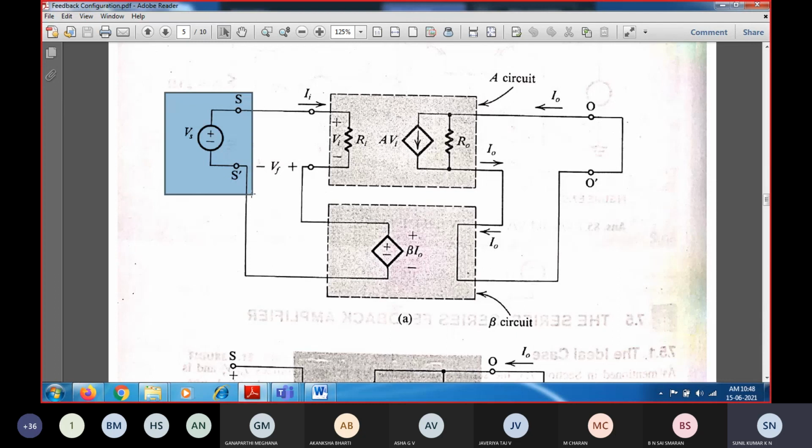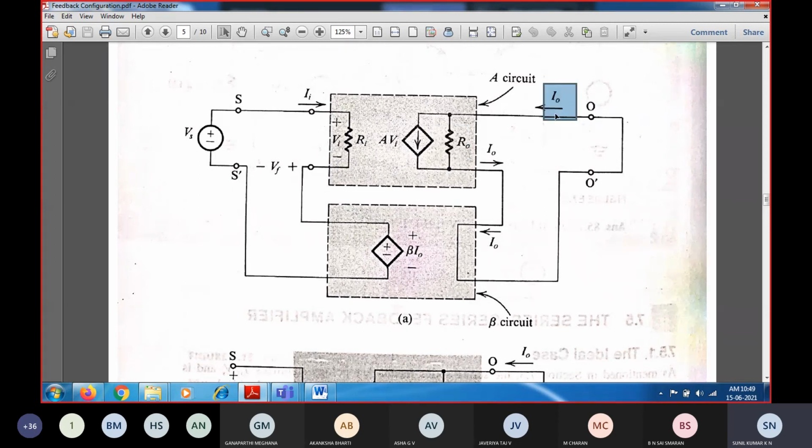At the input side it is a voltage signal, and it has an error voltage Vi, and a current Ii flowing across the main amplifier circuit. The feedback voltage mixing at the input side is Vf, so Vs minus Vf will be equal to Vi. That is amplified by the main amplifier, so you get A times Vi as the output. Since the output is current, R0 has a Norton equivalent circuit, so A into Vi is in parallel with R0. This is the output current you get.